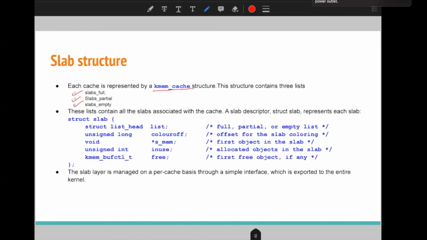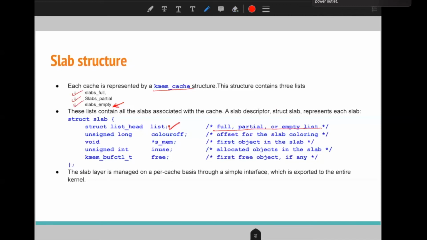Whenever it has to fulfill a memory requirement, it will try to fulfill it with the help of the empty list available. Here you can see the structure of the list. It contains all three kinds of lists: full, partial, and empty.